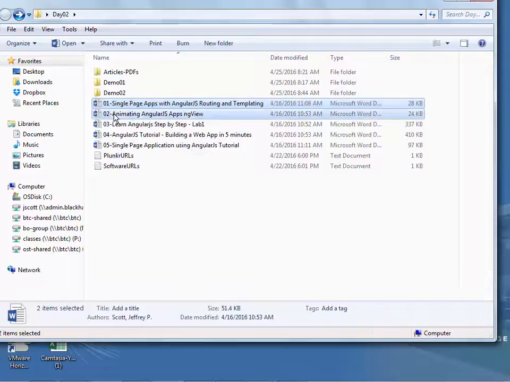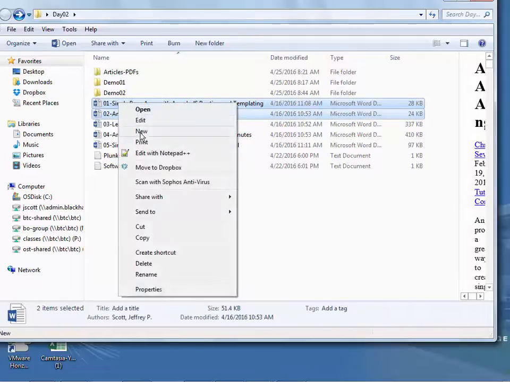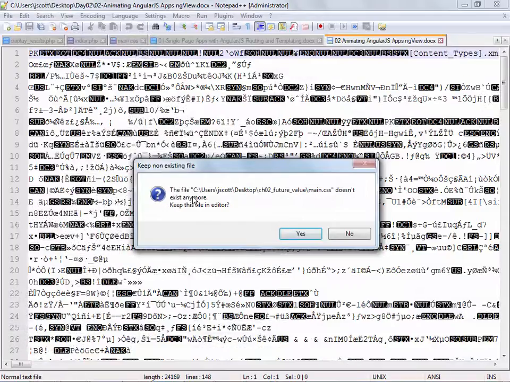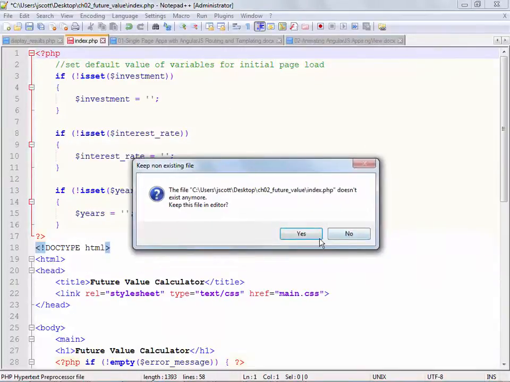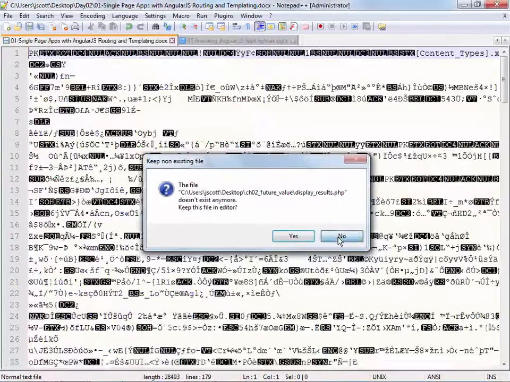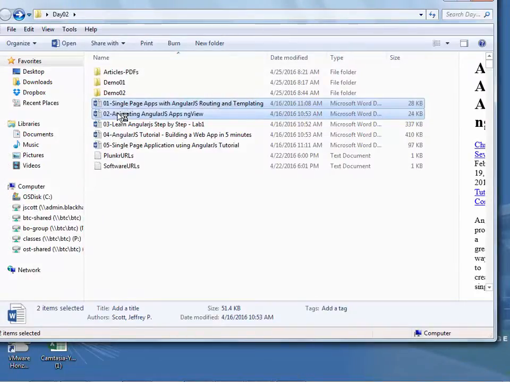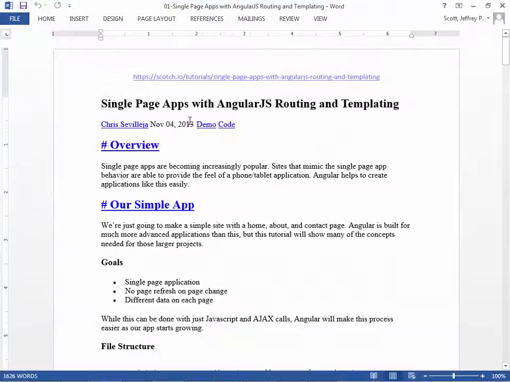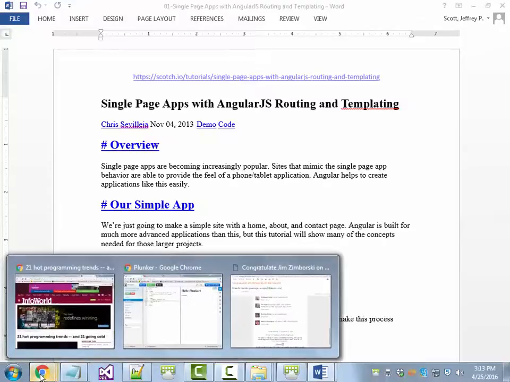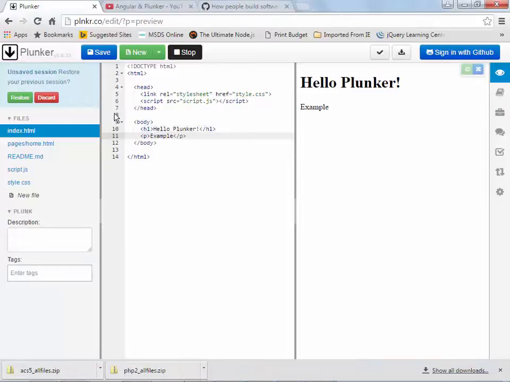And again, I just want to quickly show you what's going on in here. And then I'm going to actually, oops, not like that. I'm not going to. That's what happens when you open up .docx files and you open them up in Notepad. All right. So it's pretty much the same application. Notice single page app with AngularJS routing and templating. Well, what does that mean? Well, if I come up here and I open this up,